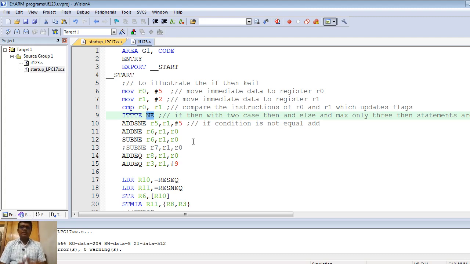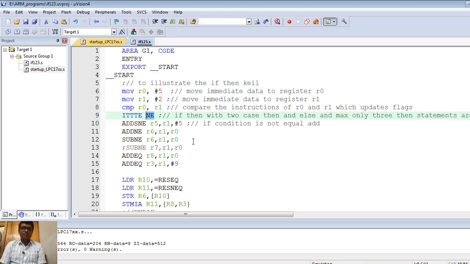In C we have flower brackets. Inside the brackets, the instructions written for the if condition are executed. If the if condition is false, you go to the else, and the instructions written inside its flower brackets are executed.